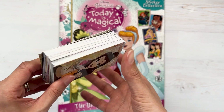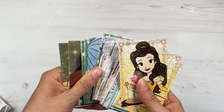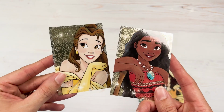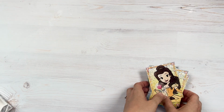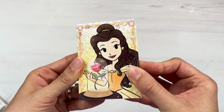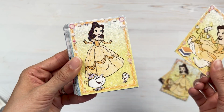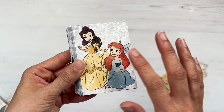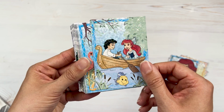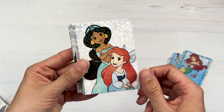And I did complete the cards for this one naturally, I must say. This one was the first card collection that was kind of evenly distributed. So I've got 2 of the limited edition cards. We've got Belle and Moana. And then these are all sparkly. And each character gets a few cards, and then it kind of transitions into the next one. It is all this art style though, which is not my favourite art style, but